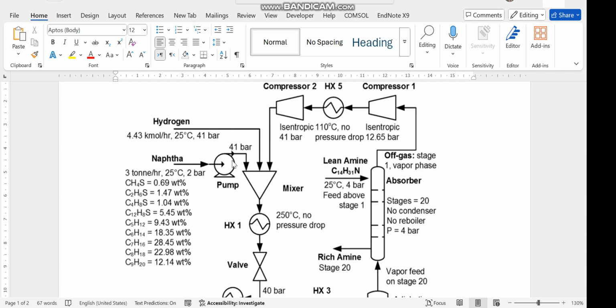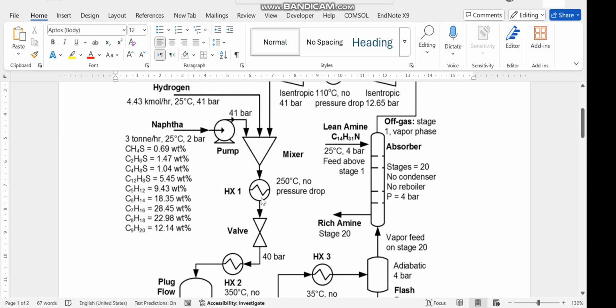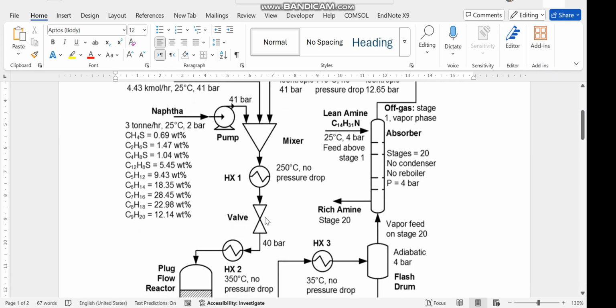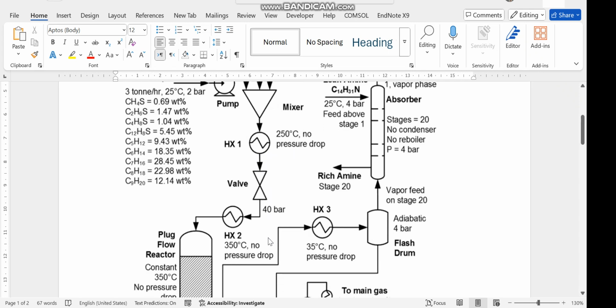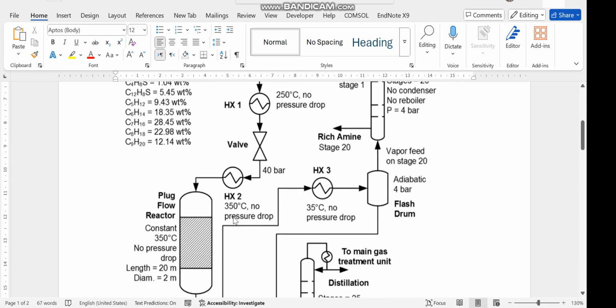It is pumped to 41 bar, and the hydrogen is available at 41 bar and 25 degrees C. The flow rate is 4.43 kilomole per hour. So this hydrogen and naphtha are mixed, and then the mixture is heated to 250 degrees C in heat exchanger number 1. Then the pressure is dropped to 40 bar in a valve, and this mixture is again heated to 350 degrees C in another heat exchanger, and there is no pressure drop in both of the heat